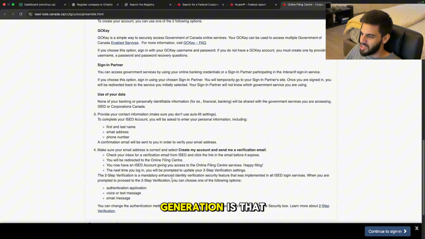They have the double dashes. They just use ChatGPT to write this. The security step is mandatory to access your... Okay, continue to sign in. I'm assuming I have to create an account. A government cannot sign in to conduct online business. Sign in partner. Access government using your online banking or...